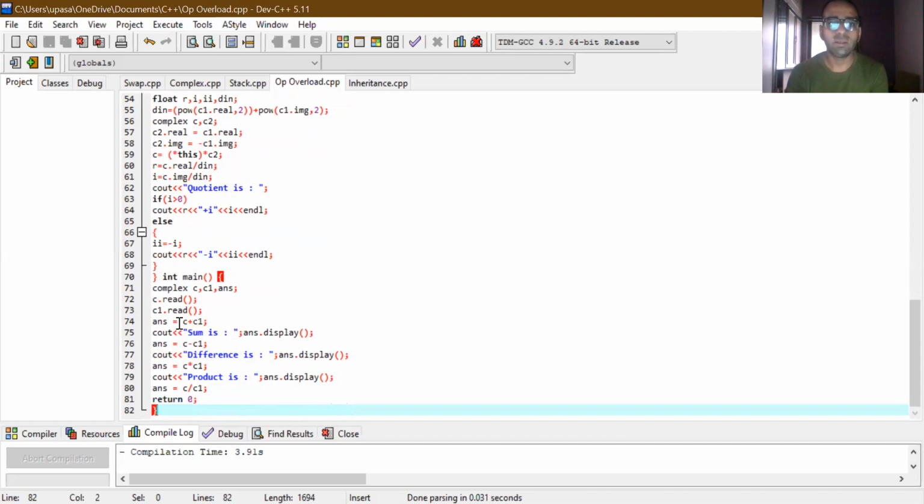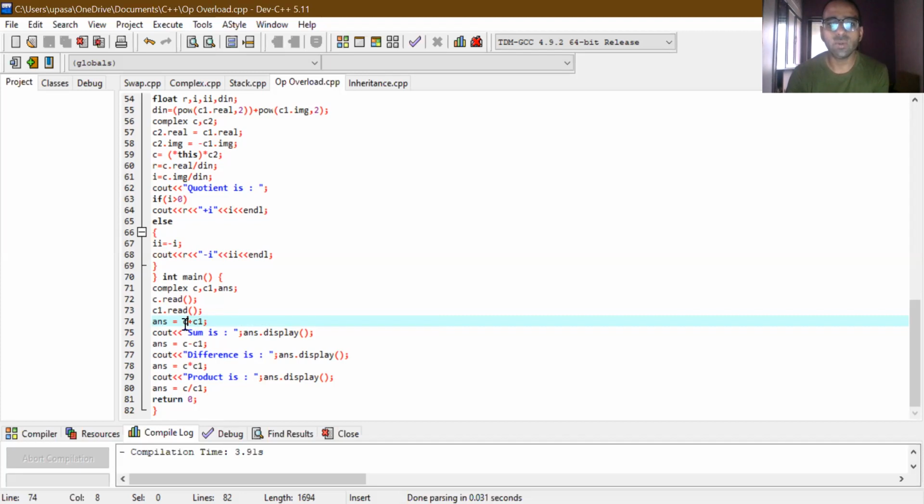Now you can see this thing will be only applicable when this plus operator has the definition of addition. Okay, one more thing, using plus sign is not necessarily only for addition. With plus sign you can do any mathematical operation, but just for the ease of understanding now, the plus sign is used for addition of two variables. So ANS is equal to C plus C1. In general, if we do this thing in a C++ program, it will give us an error. So when you are using operator overloading, it will understand the meaning of the plus sign over there.